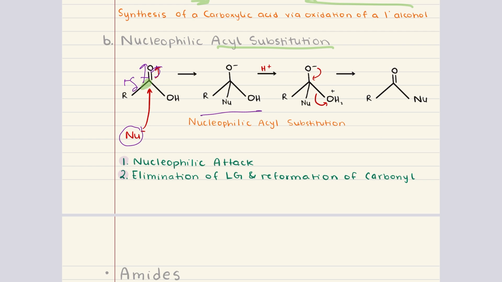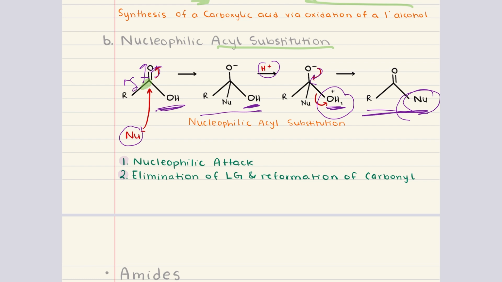In the second step, under acidic conditions, the hydroxyl group can be protonated to form a better leaving group, specifically water. This sets up the molecule for elimination. So the tetrahedral intermediate then collapses, reforming the carbonyl double bond and ejecting the leaving group, which in this case is a molecule of water, to complete the substitution. So the end result is that the original hydroxyl group is replaced by the incoming nucleophile, forming a new carbonyl-containing